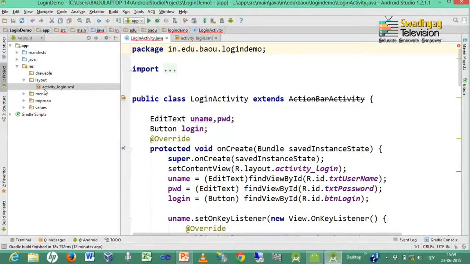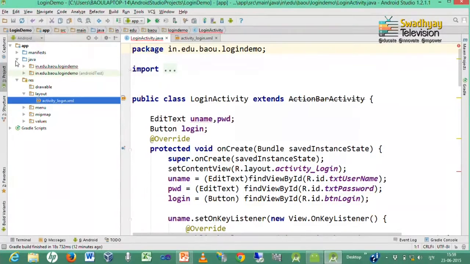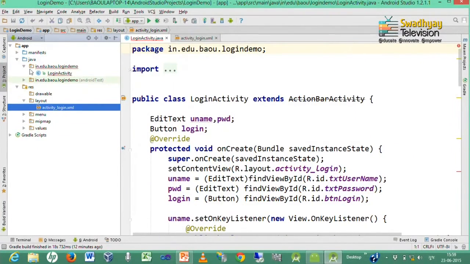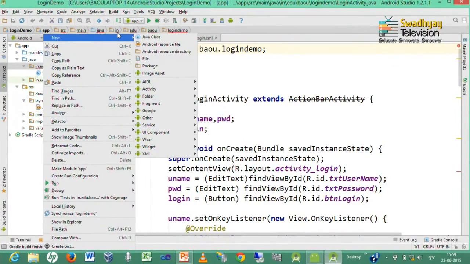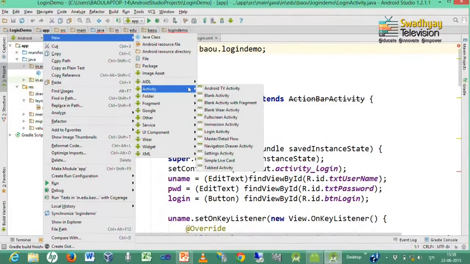So, here in the Java folder, inside this package you right click, then click new and activity, and here we select blank activity, which is WelcomeActivity for us. So, we click this.